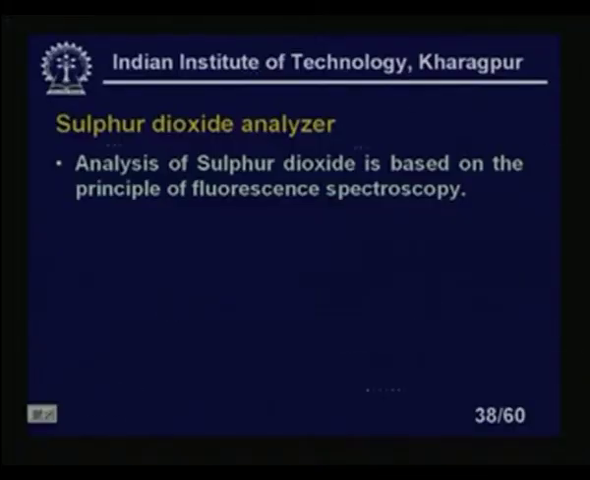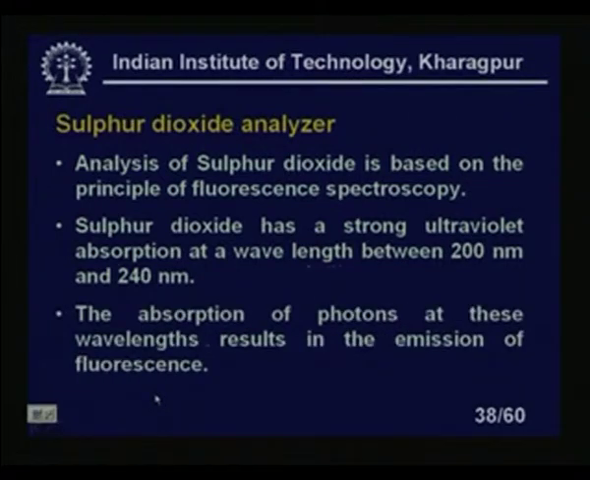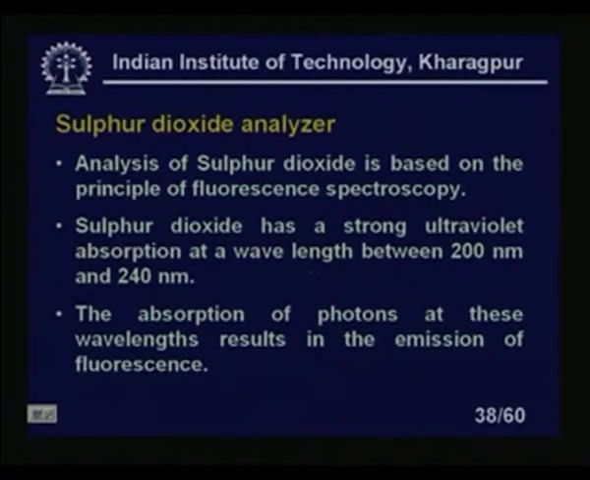Analysis of sulfur dioxide is based on the principles of fluorescence spectroscopy. As I told you, mostly this depends on spectroscopy, so this is also fluorescence spectroscopy. Sulfur dioxide has strong ultraviolet absorption at wavelengths between 200 nanometers and 240 nanometers. The absorption of photons at this wavelength results in the emission of fluorescence, because the energy cannot just get lost. This energy is consumed in the sulfur dioxide molecule and it releases fluorescence. We will measure the fluorescence and calibrate it in terms of sulfur